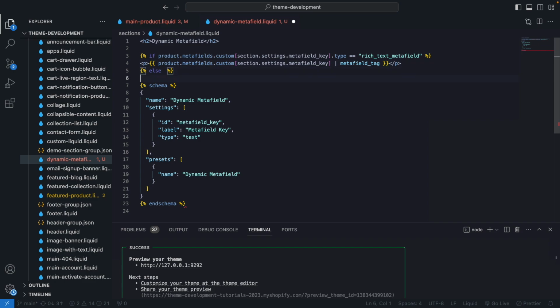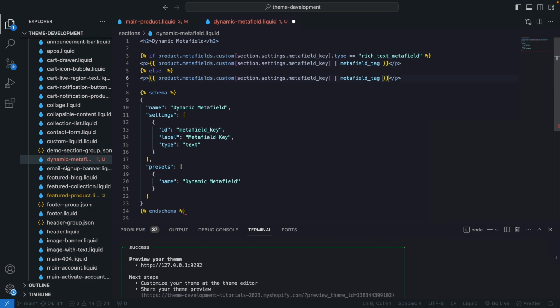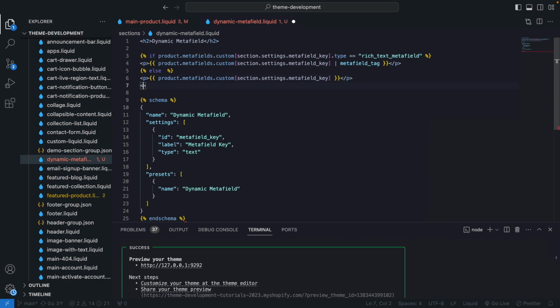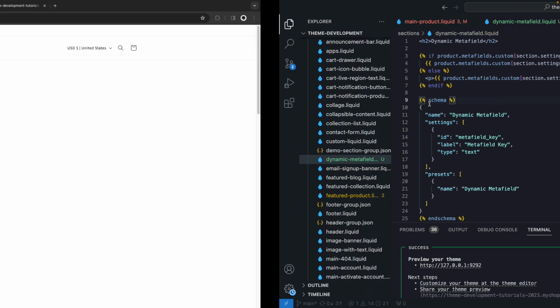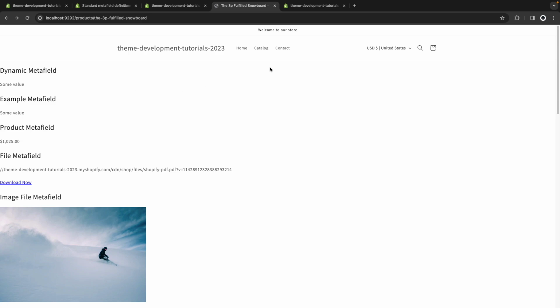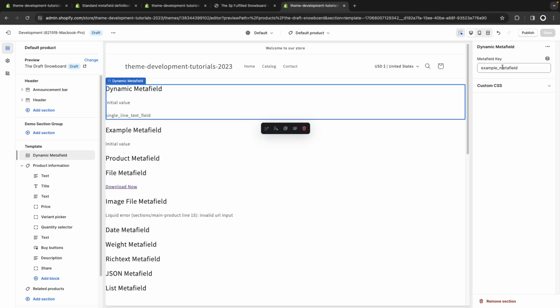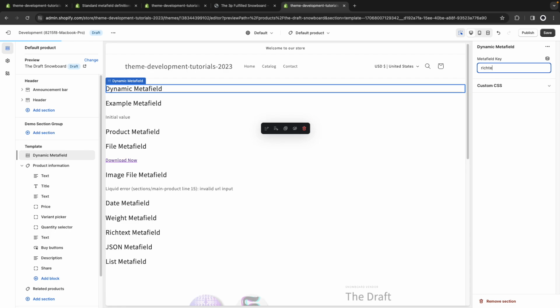Else, let's render this without the Metafield tag. And this at the top doesn't need to be enclosed in p tags here. Let's save this. For now, we don't see any change, but if I change the key to be Richtext Metafield,